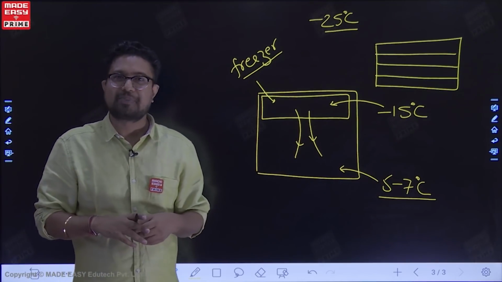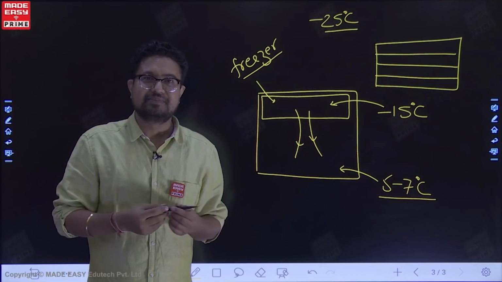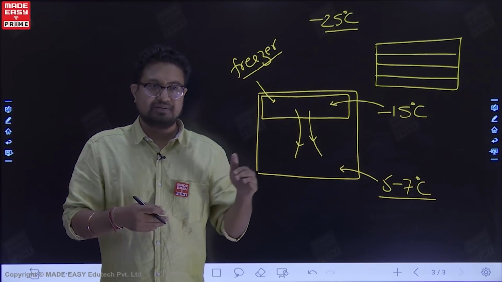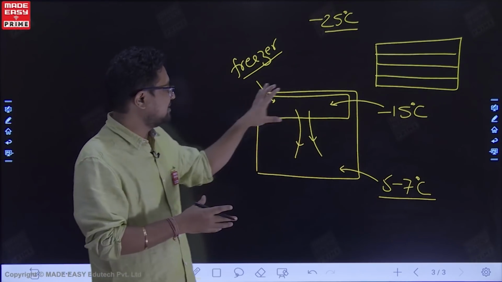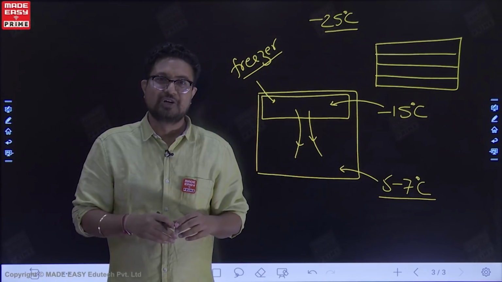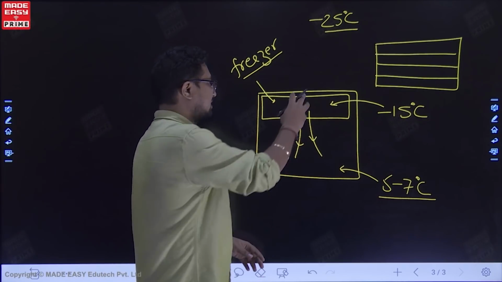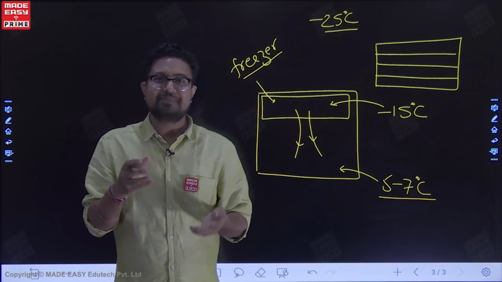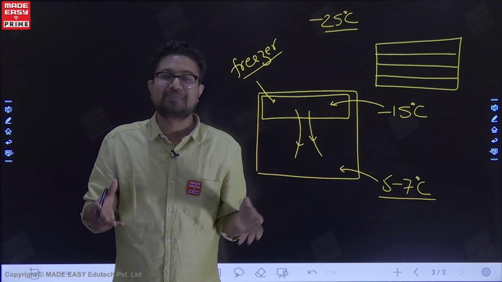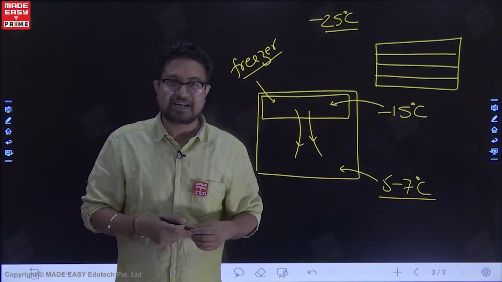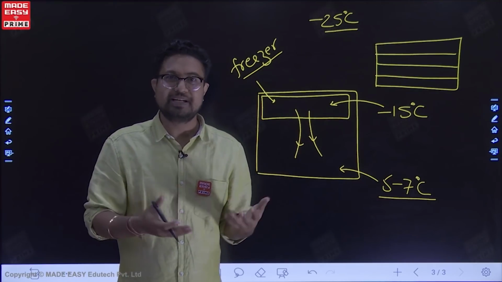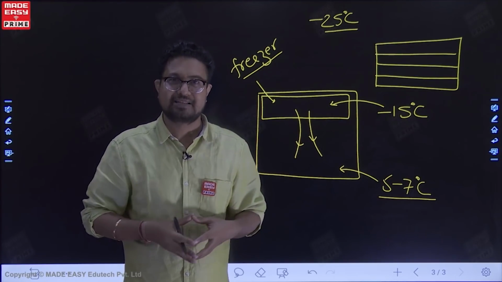So there was once a person who asked me, actually, the niece of one of my friends. The young child, because we keep ice cream in this section, had to take ice cream from this section when nobody is looking. So the child used to keep a stool and move up to this place to take out the ice cream. Bringing the stool, standing on it, taking the ice cream, that procedure took a lot of time. So people noticed at home, because the parents don't want the child to be eating so much ice cream. So they would catch this kid.